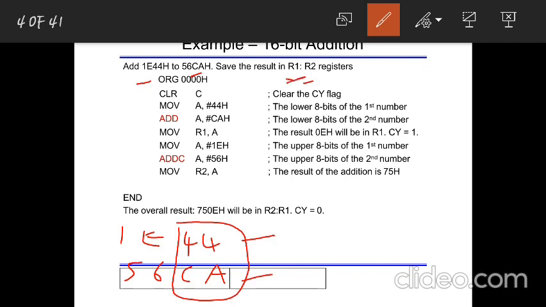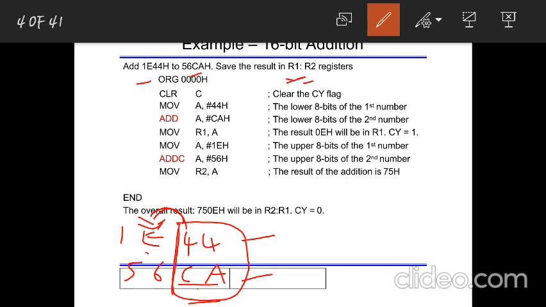Okay, and after adding, even if I get a carry, then in the PSW register the carry will be set to 1. Okay, because if I add this and store, and I don't consider a carry from here to here, then you won't get a proper result. The result will be incorrect if you get a carry here and don't add it here. So whenever you get a carry from the D7th bit to the D8th bit, you should always add it.